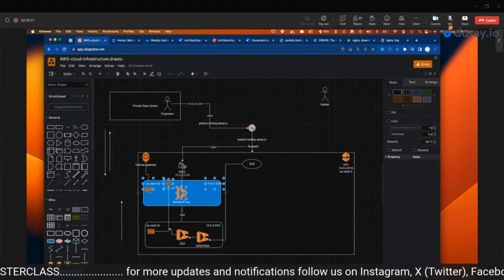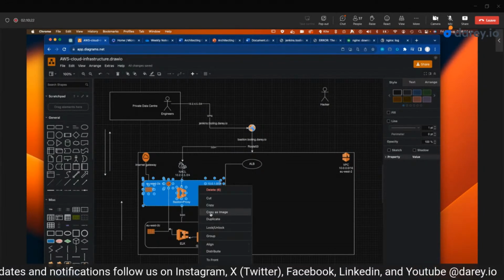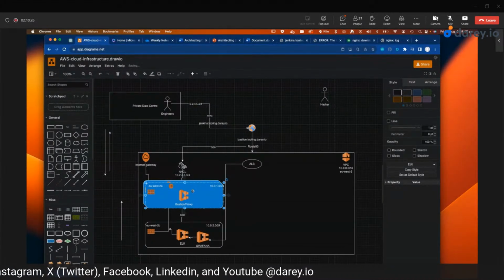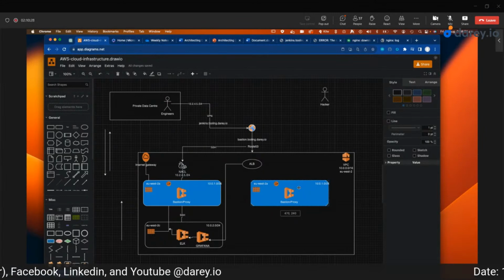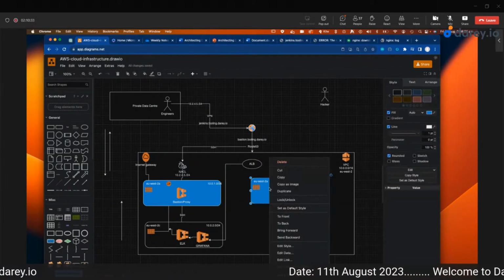I want to see if I can quickly duplicate this. Okay, so I've selected all of that. Let me group them together and duplicate them. Okay, so we have this now. So what this means is,